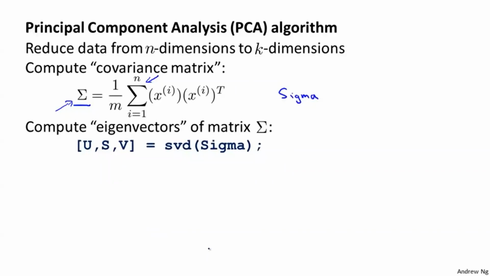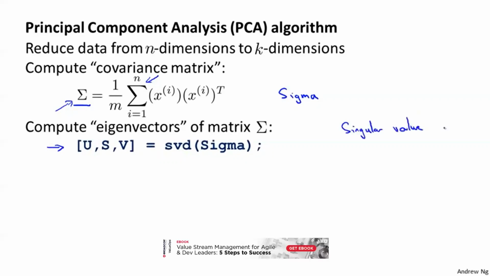what we need to do is then compute something called the eigenvectors of the matrix sigma. And in Octave, the way you do that is you use this command, [U, S, V] = svd(sigma). SVD, by the way, stands for singular value decomposition. This is much more advanced linear algebra than you actually need to know, but